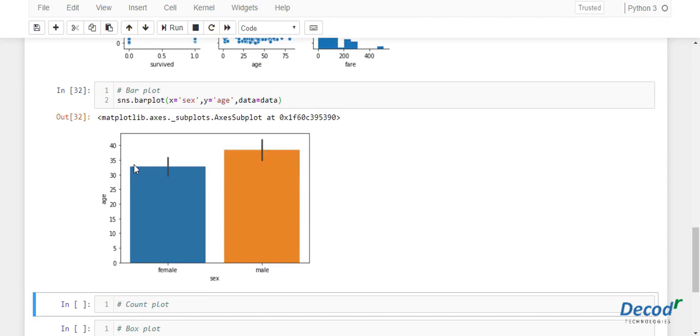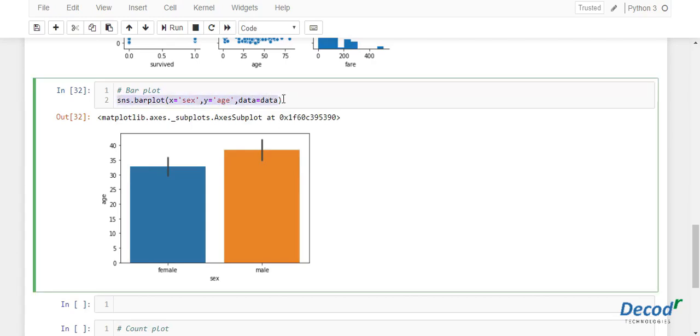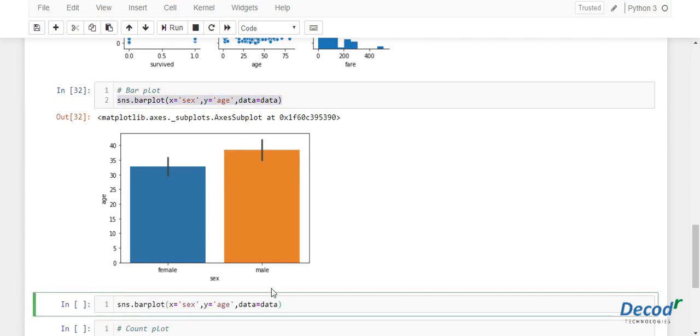Now you can even use the bar plot to estimate other aggregate functions like standard deviation of the age for each gender. For that we just need to add one more parameter. Let me just copy this, and the estimator, there is a parameter called estimator where you will pass the aggregate function.